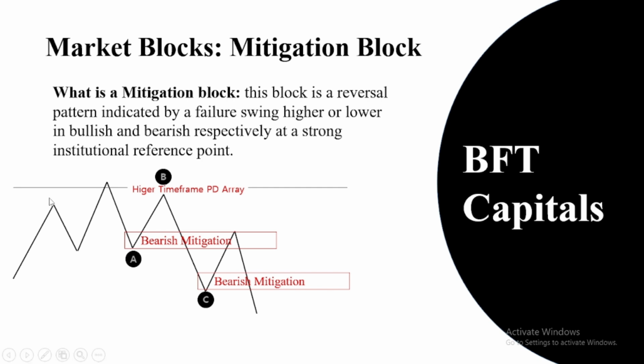Market has been creating higher highs and higher lows here, and then suddenly market creates a lower high and then creates a lower low here, clearing lows that are supposed to be a higher low, making this an intermediate term high, and then into a higher time frame PD array. And then as price broke here, it came back,